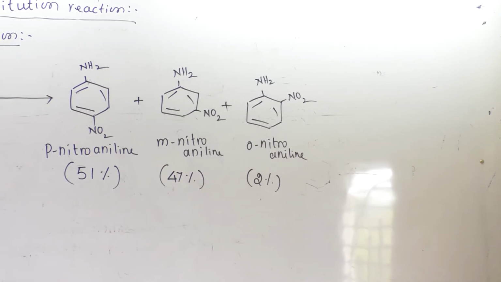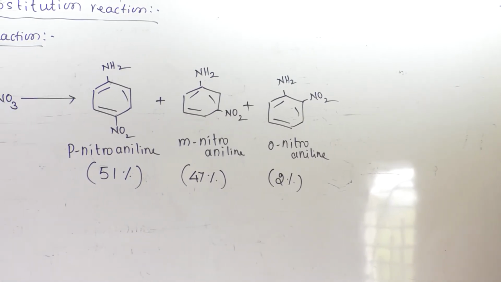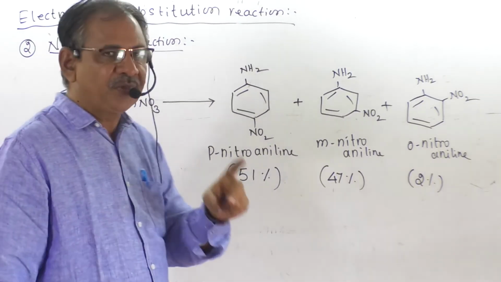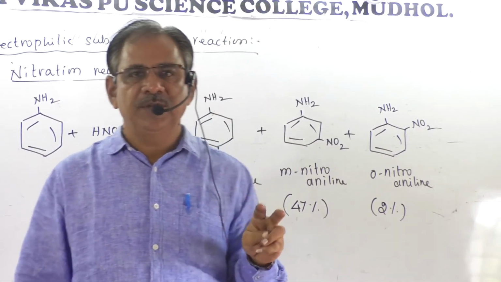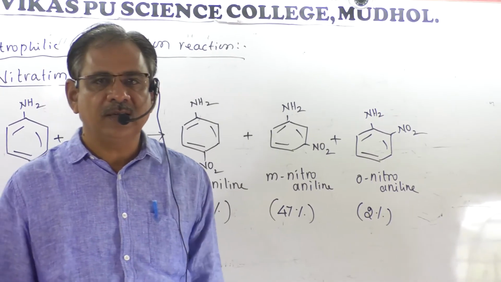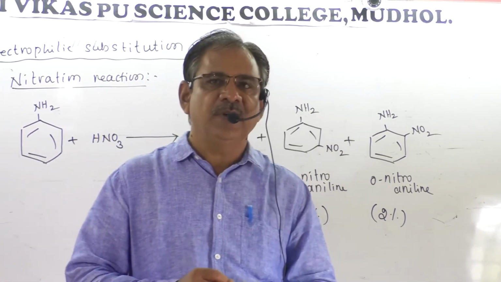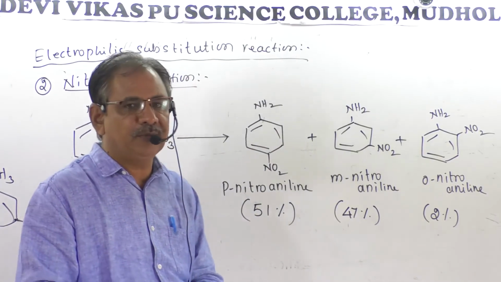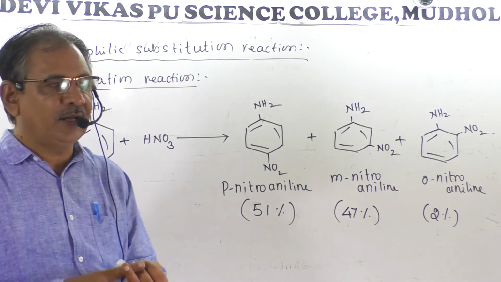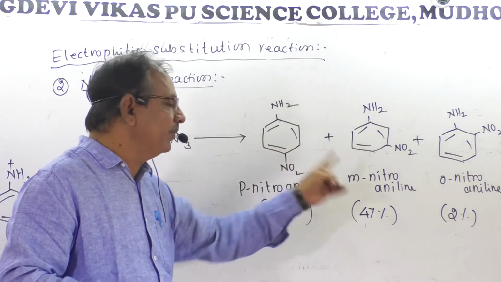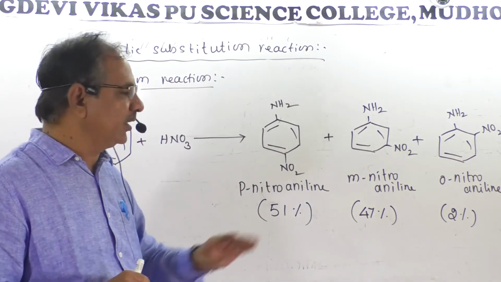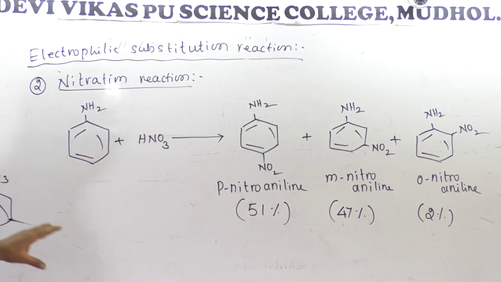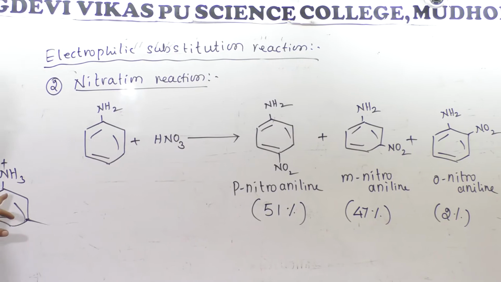There is a little confusion here, so observe carefully. When bromination is done, the ortho substituted product as well as the para substituted product are formed, and the meta substituted product is not formed. But when nitration is done, along with the ortho and para substituted products there is one more product, that is the meta substituted product. This meta substituted product is formed due to the intermediate formed in the reaction, that